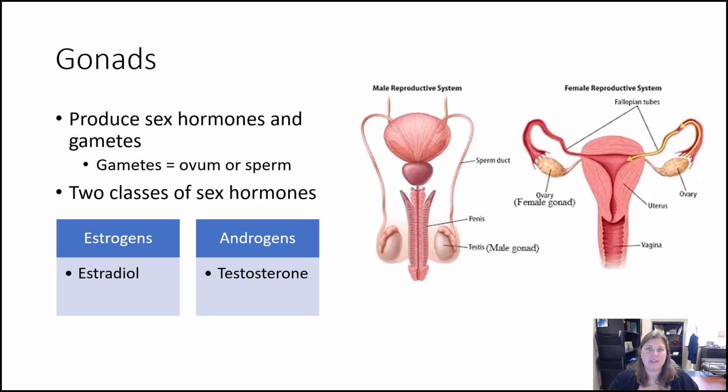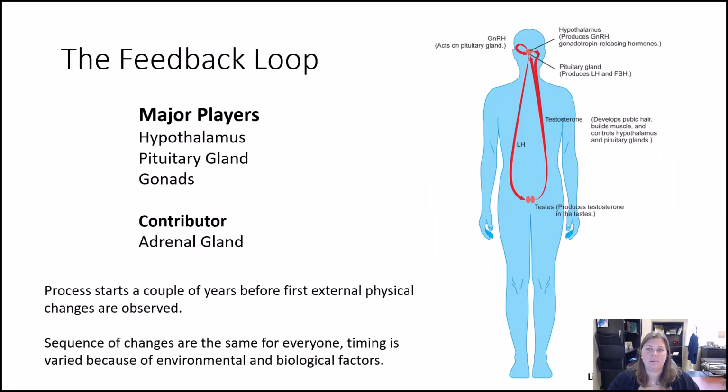The 2 classes of sex hormones are estrogens and androgens. With respect to puberty, estradiol and testosterone are the most important types in each of these classes. Both are produced in each sex, but each sex will experience varying amounts. Androgens are also produced by the adrenal gland and contribute to some of the physical changes experienced during puberty, such as increased body hair. All of this to say that the hypothalamus, pituitary gland, gonads, and adrenal glands are in constant communication, monitoring and adjusting the levels of sex hormones in the body.